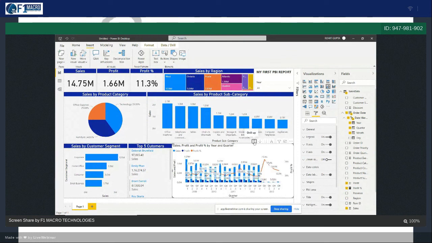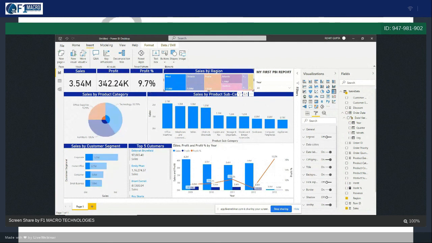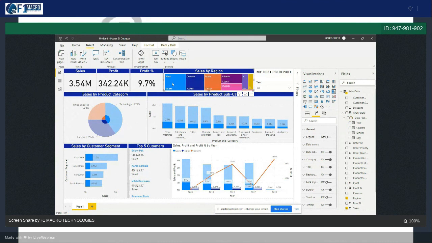I haven't connected any formulas and all, but it is a predefined feature we have over here, wherein you click that particular visual and it will show you the sales of that particular visual. I clicked on West, it will give you these numbers only for the West region. 3.54 million, it is refreshing. You can see the trend of customer segment. You can see the top 5 customers of the West region. You can see subcategories breakup. You can see year wise breakup. To go back, you just click again on this.